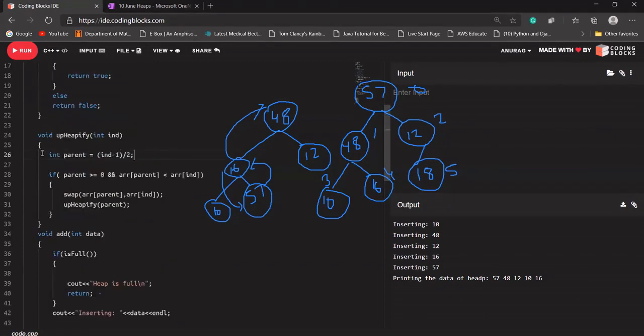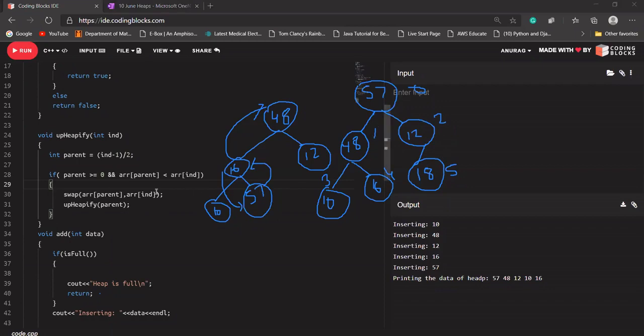It calculates its parent first. 5's parent: 5 minus 1 is 4, divided by 2, it is 2. So 5's parent is 2, and it checks if the parent is greater than or equal to 0. Yes, 2 is greater than or equal to 0. Then it checks if the value at the parent is less than the value at the index. Yes, 12 is less than 18.